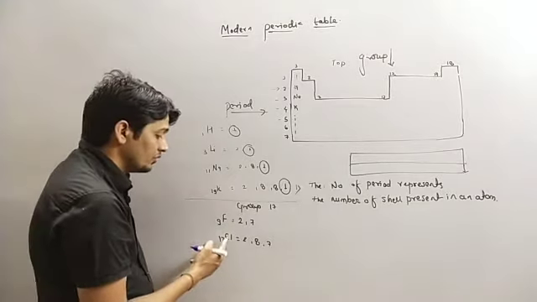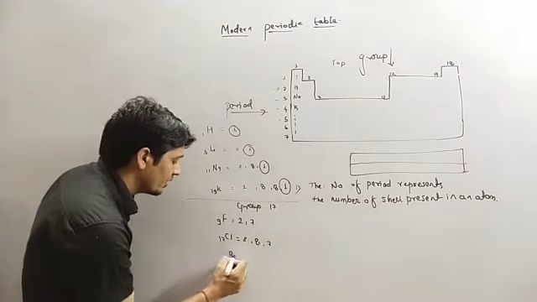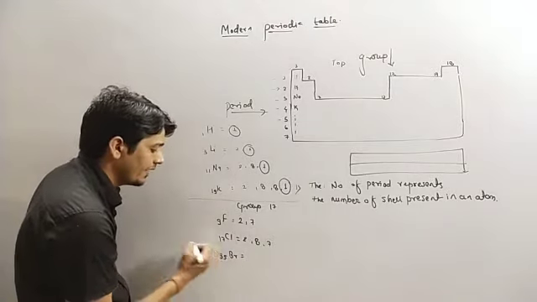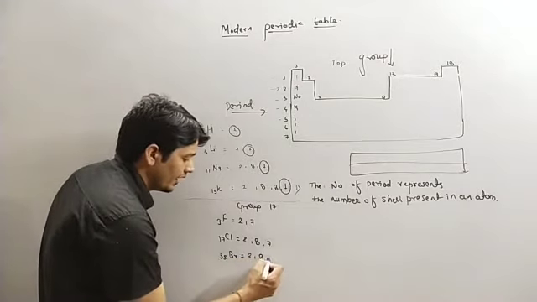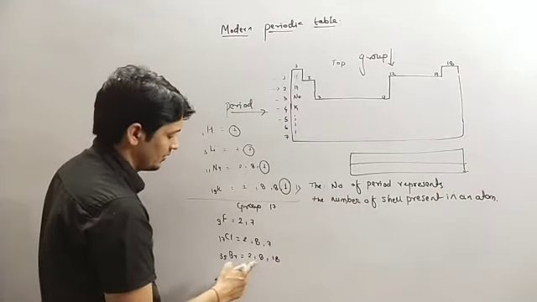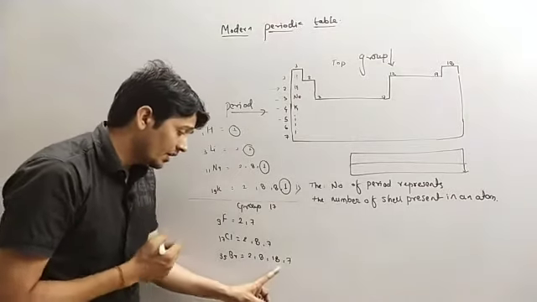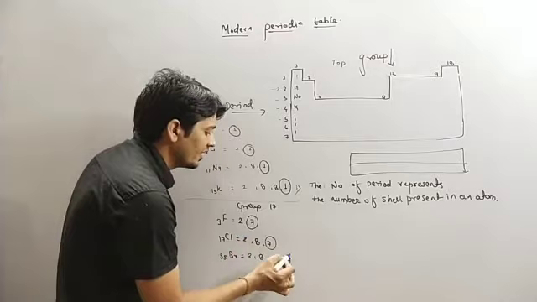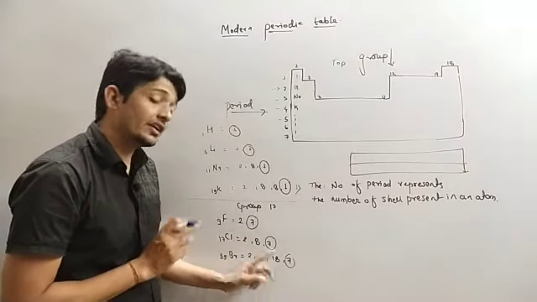Then we will look at fluorine, chlorine and then bromine. Bromine has atomic number 35, so its electronic configuration will be 2, 8, 18 and 7. Every element here contains 7 electrons in their outermost shell.